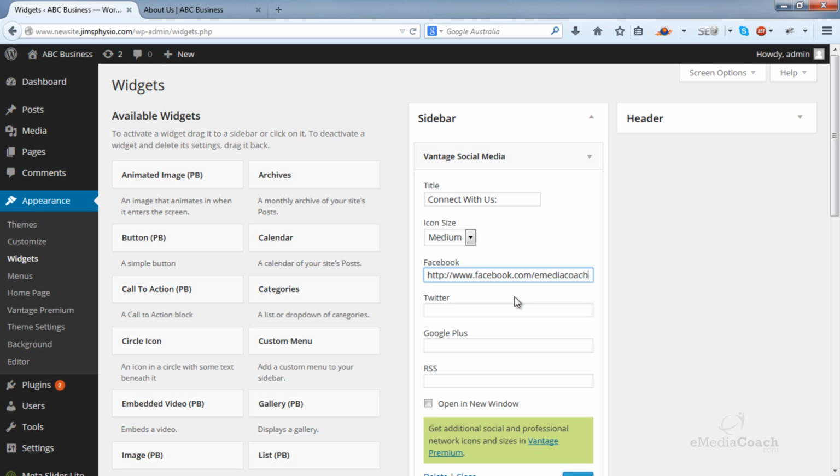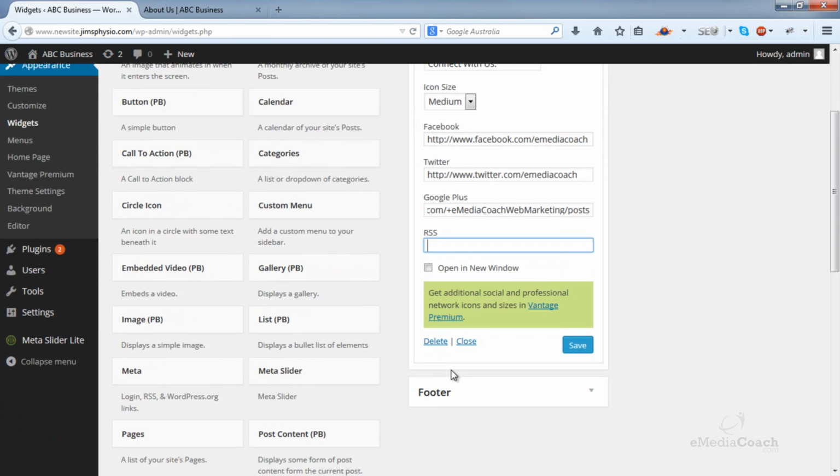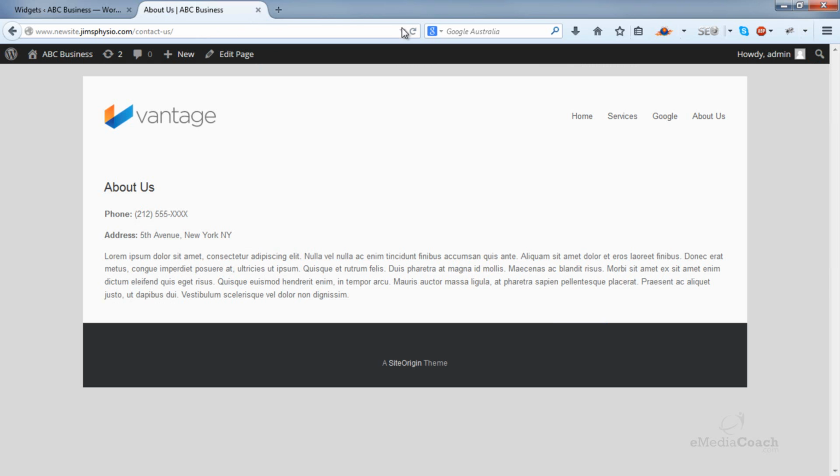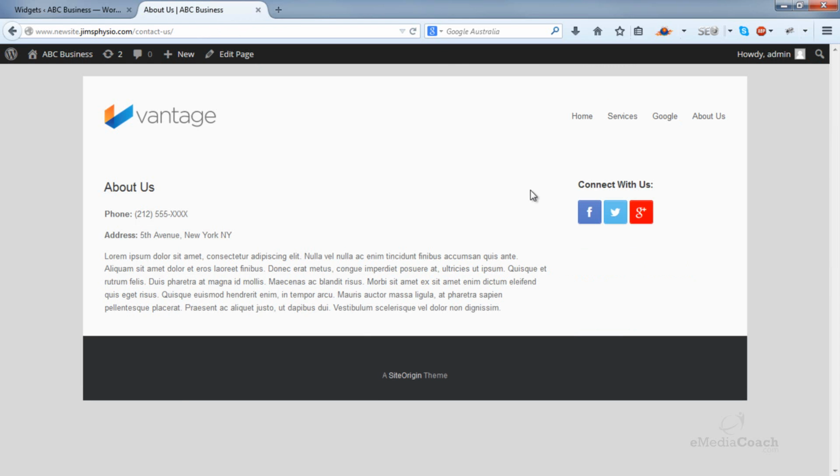facebook.com/eMediaCoach. You'll have your own Facebook URL for your business. If not, it's free to set one up. Same for Twitter and Google+. If you don't want any of these to appear, just leave them blank. So I'll leave this RSS area blank. That icon will not appear. I'll tick to open in a new window and save. There you go, looking better already. So users can come in and link off to your Facebook, Twitter, Google+,